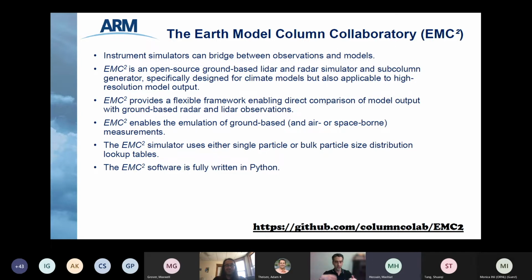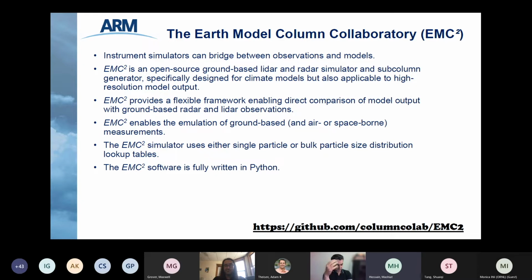There is more to the logic we use to simulate LiDAR and radar observables, but the main point is to be faithful to the actual physics implemented in the models that we use. Note that EMC squared is fully written in Python,